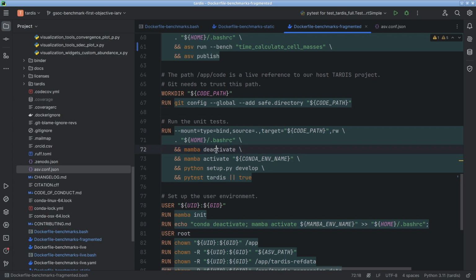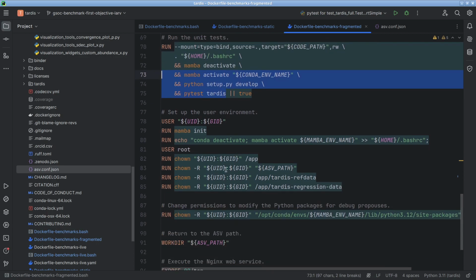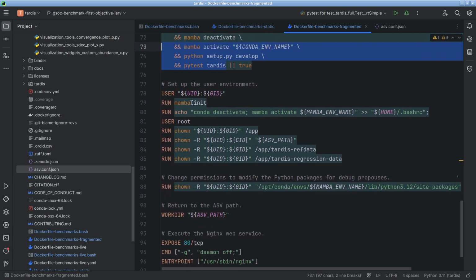Then here I deactivate Mamba and activate the Conda environment, which is the... it looks bad. It should be other. Oh no, yes, yes, the Tardis. This activates the Tardis, and I run the PyTest. Yes, this is correct because I run the PyTest, and then